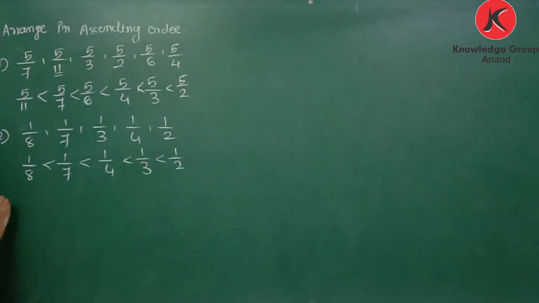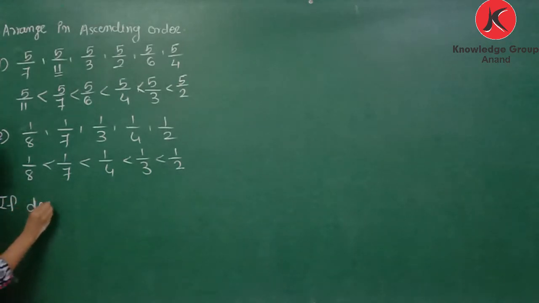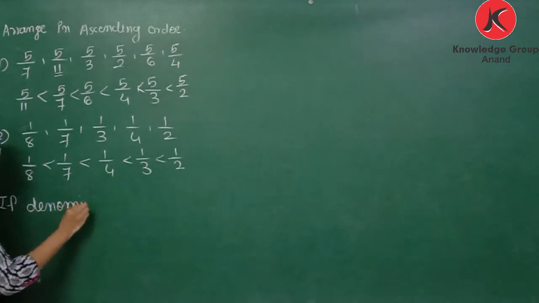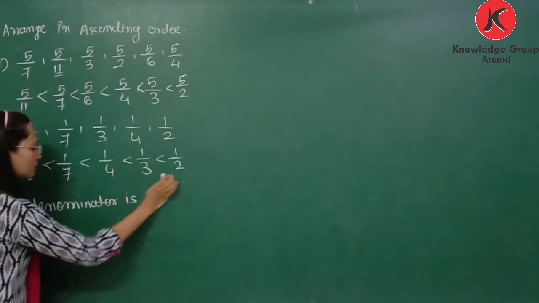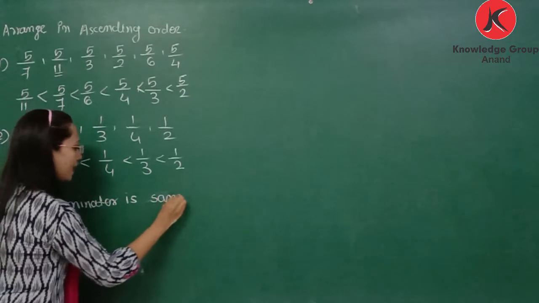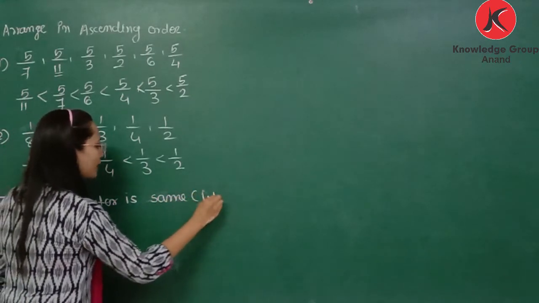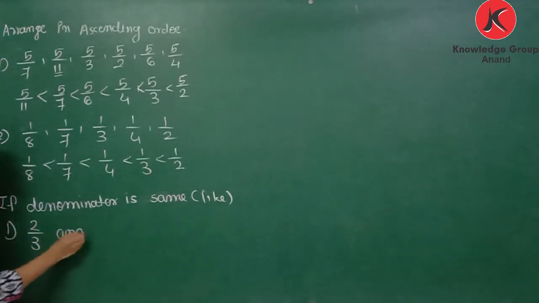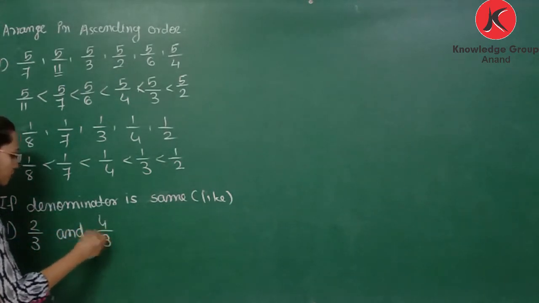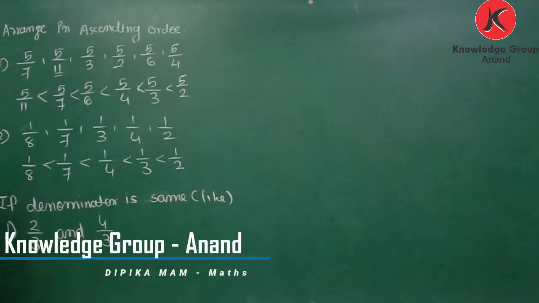Now, if the denominator is the same, it means they are like fractions. If we want to compare like fractions, let's take one example: 2 by 3 and 4 by 3. So in this, if we draw a figure,